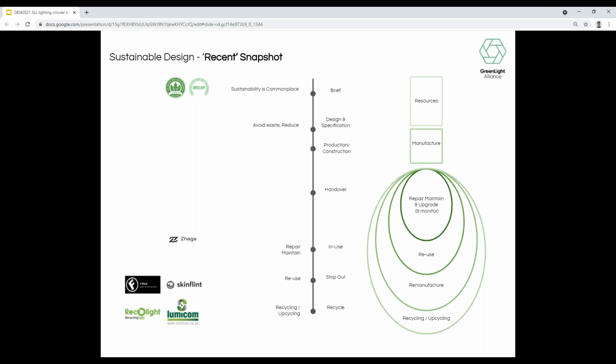And then at the recycling end of this spectrum of the REBA stages, Ricoh, Light and Lumicon, two of the largest of 26 different compliance schemes in the UK. But they're focused on dealing with the end of life responsibility of the goal. But that again should be the last resort.